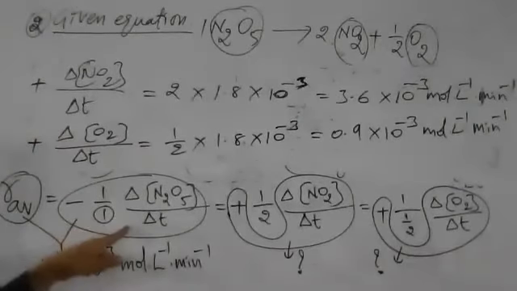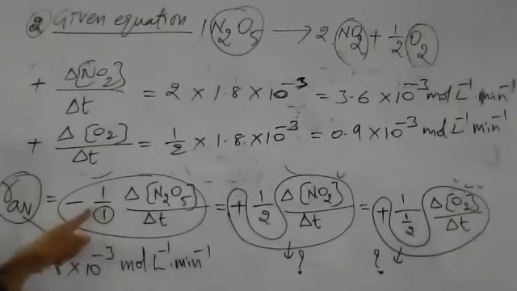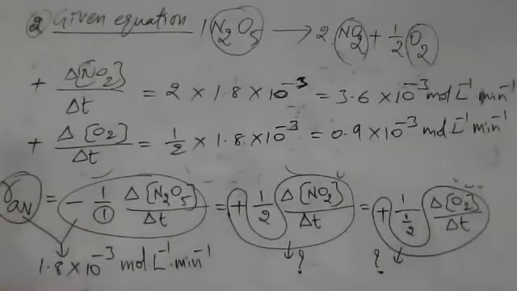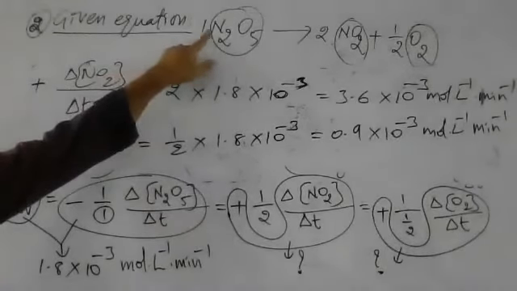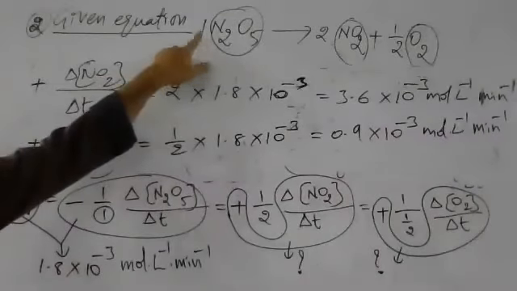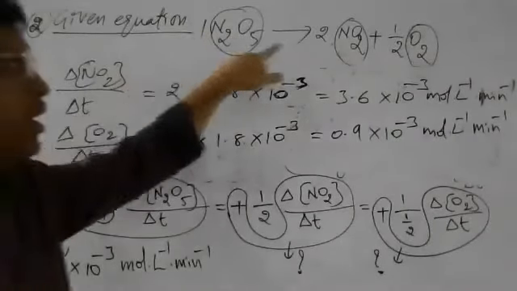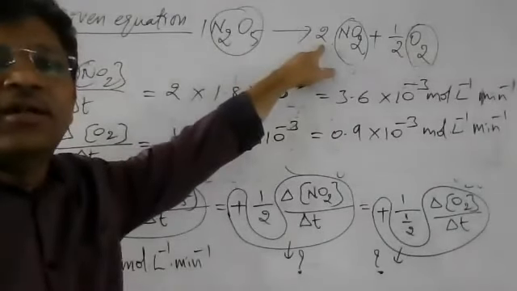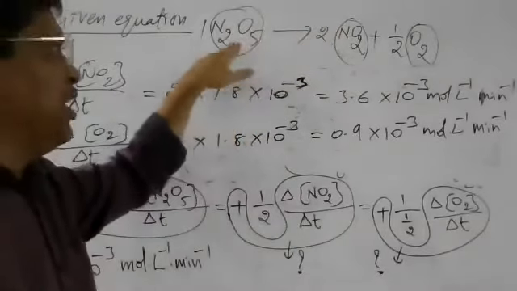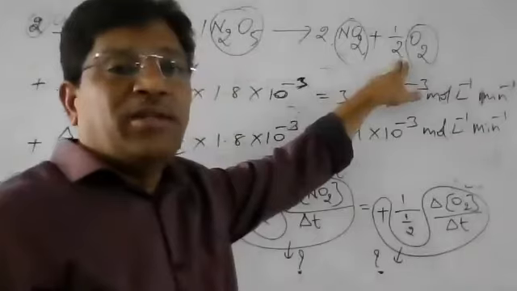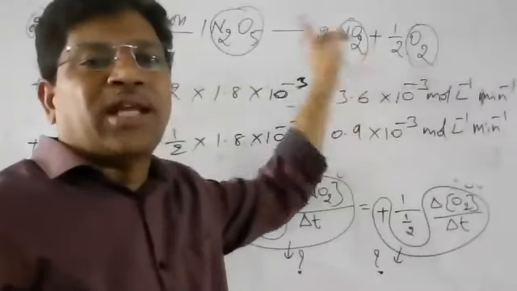The rate of decomposition of N2O5 is given. Here, the rate of decomposition of N2O5 is nothing but the rate of reaction. The rate of reaction is given to you. Keep that point in mind. Now, by looking at the balanced equation, we can also directly say: N2O5, how many moles here? 1 mole. If the rate of decomposition of N2O5 is some x value, then how many moles of NO2 are there? 2 moles, so 2 into x. How many moles of O2? Half mole, so 1 by 2 into x.